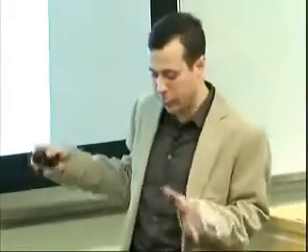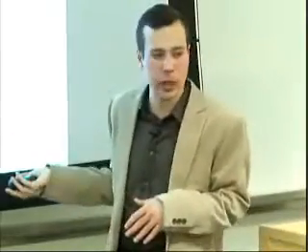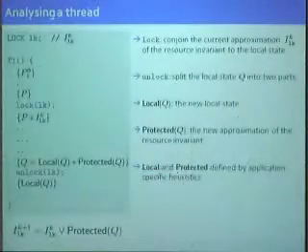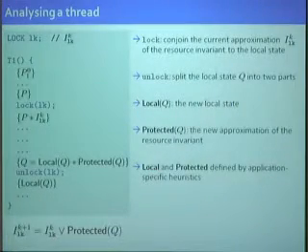And protected of Q will be transferred to the shared state. So it will become the new state protected by the lock. And what I should really do is add this protected of Q as an additional disjunct into the resource invariant. The intuition here is that this takes into account how the thread modified the shared state in between lock and unlock commands. So in this way, I get the new approximation of the resource invariant.